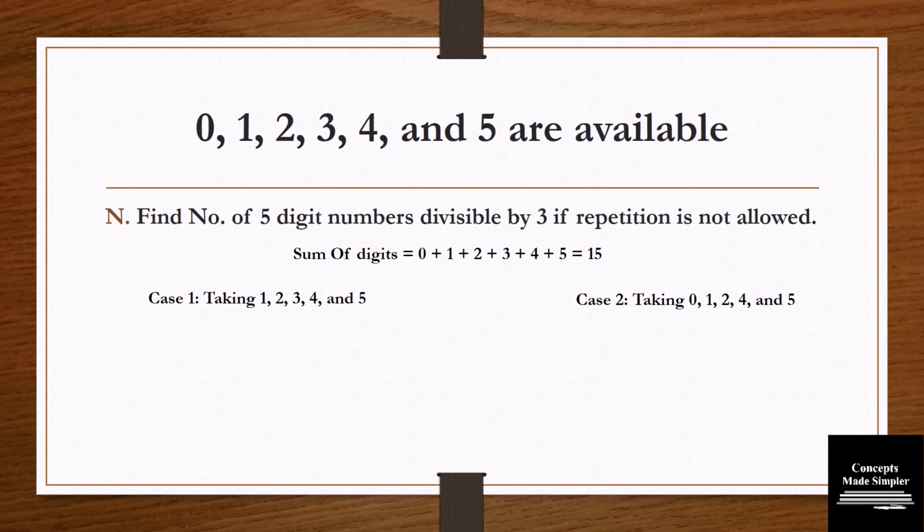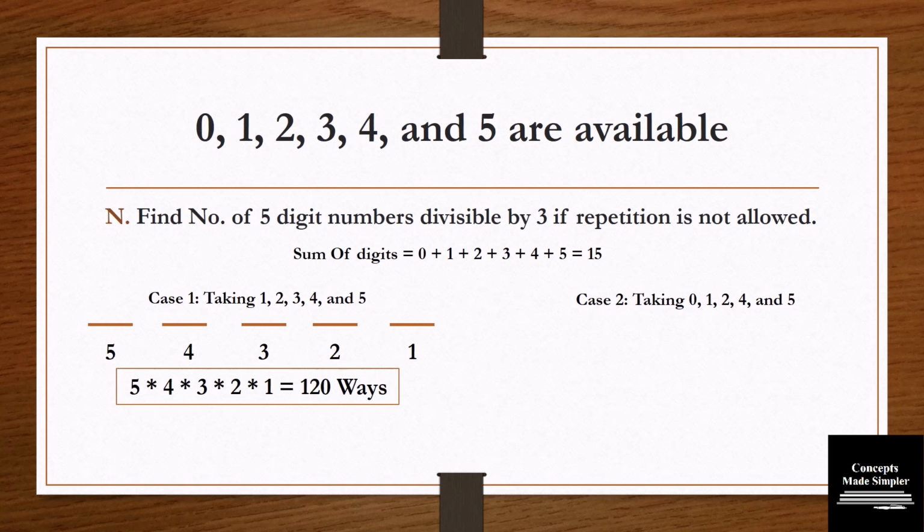Now let's solve case 1. Since there is no restriction for this particular case, the number of ways the first placeholder can be filled is 5, then 4, then 3, then 2 and then 1. So the result for case 1 is 5 into 4 into 3 into 2 into 1, which is 120